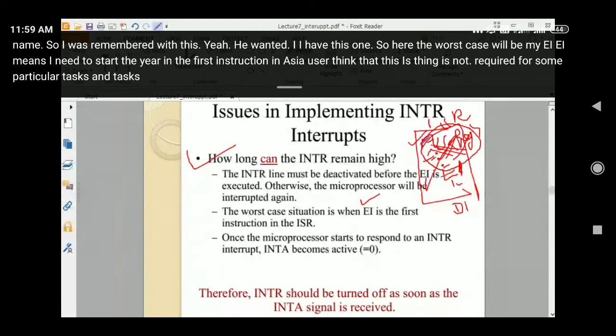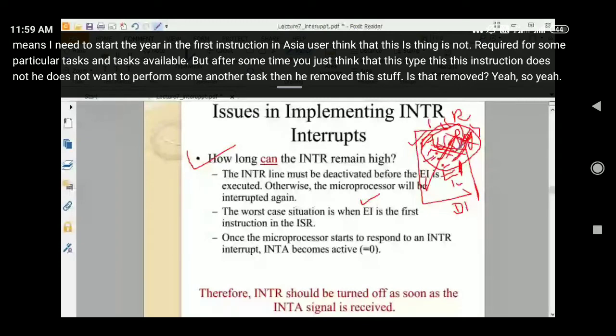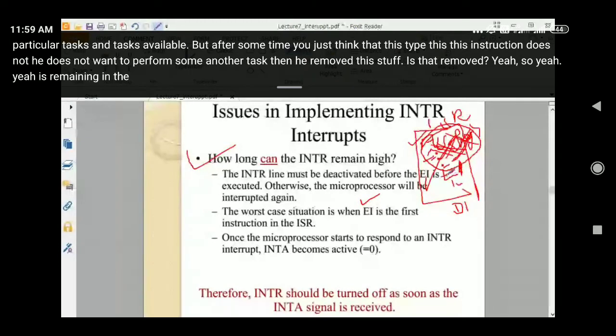But after some time, the user thinks that this instruction is not wanted for some other task. Then he removes this task. This task is removed here. So EI is remaining as my first instruction. So the worst situation is that EI is the first instruction in my ISR. तो EI पहले आएगा.